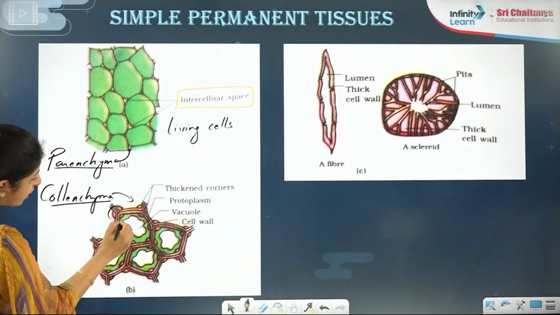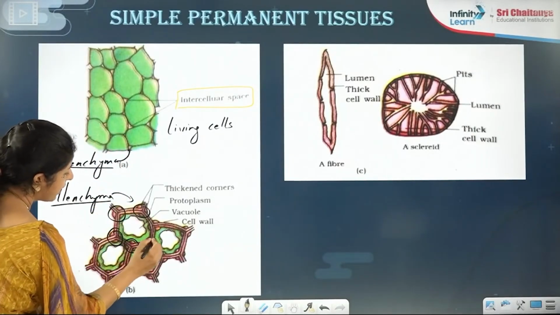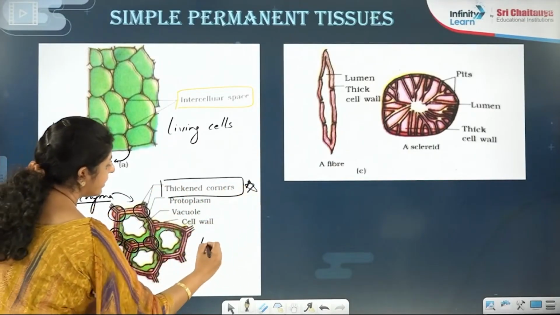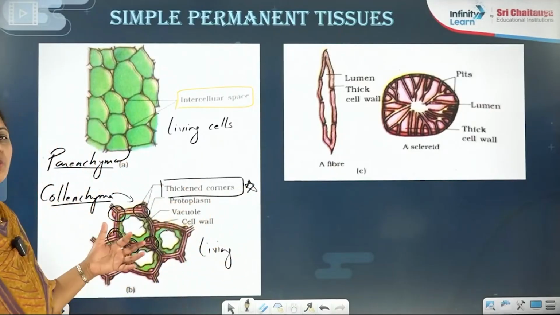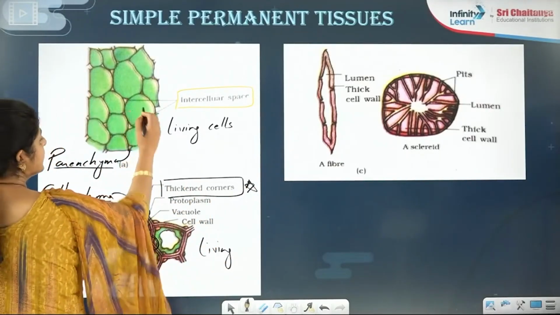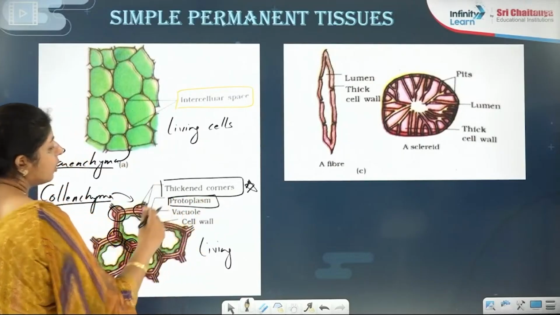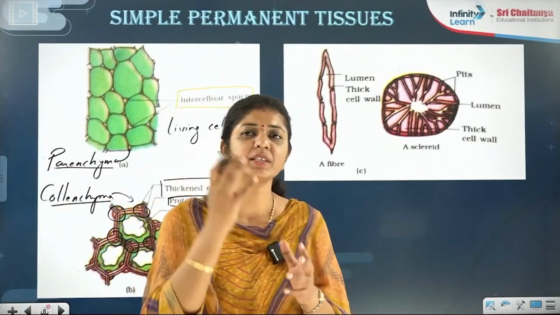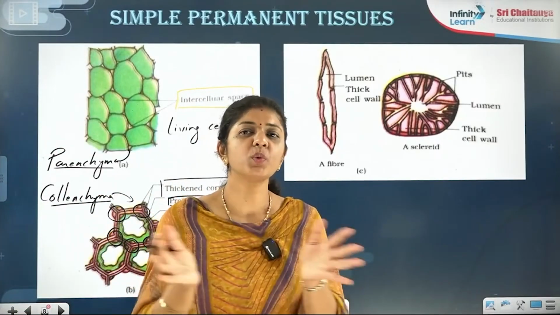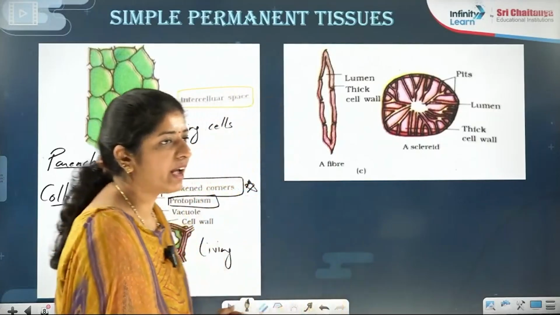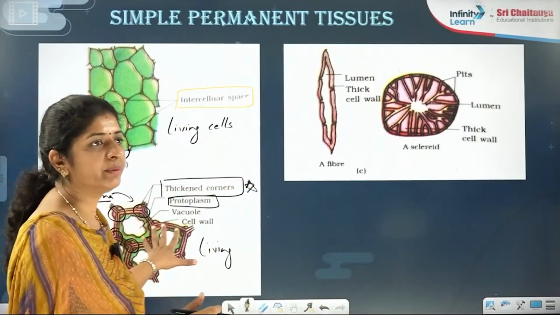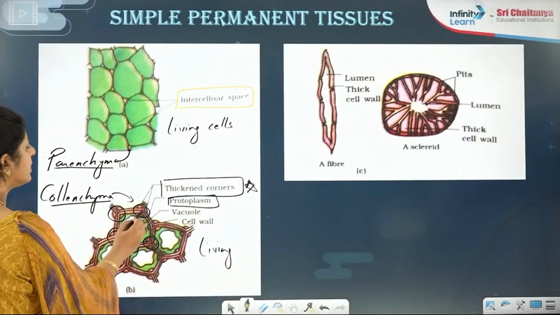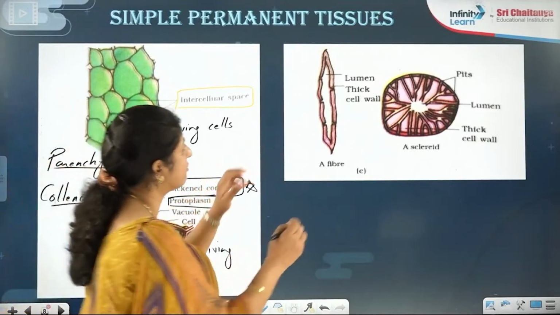So in this one, can you see at the corners, thickenings are there? These corner thickenings are a very important thing, right? And these are also living. One student asked me, why do you call it living? If you have the protoplasm or cytoplasm, nucleoplasm, all those words we will clarify. But if that plasma word is there, that means they are living. If that plasma is no more, that means they are dead. So out of that, these are living, right? Thick wall, thin wall, yes, this one is thin wall, and this one is thick wall, but at the corners only. And these are for the sclerenchyma.